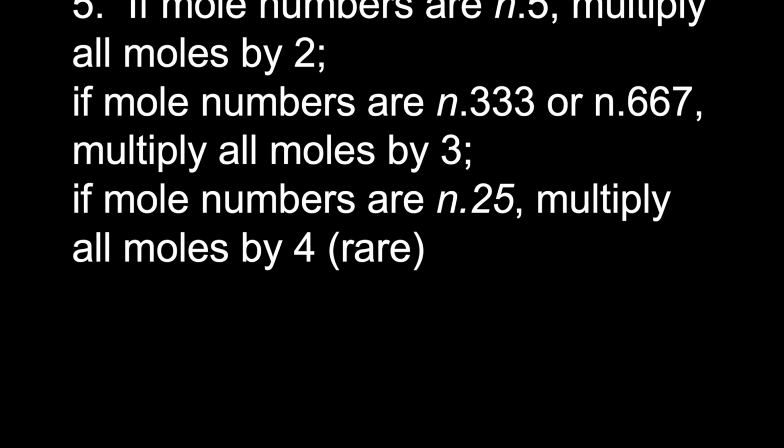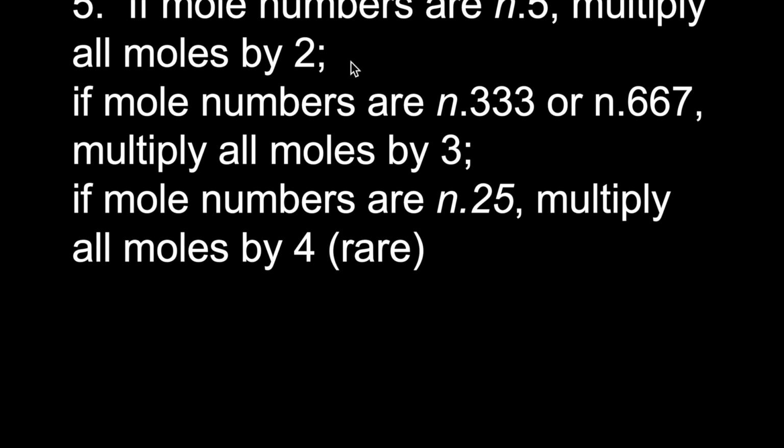Number 5, if the mole numbers are some number .5, n.5, in other words, it could be 0.5, 1.5, 2.5, you multiply all the moles by 2. If the mole numbers are n.333 or n.667, then you multiply all the moles by 3. In other words, it could be 0.333, 1.333, 2.333, same thing with this right here. So this could be any number for n. But if it's any number .3 or .6 repeating or close to it, you multiply everything by 3. This last one, it tends to be very rare, but if you have some number .25, you multiply everything by